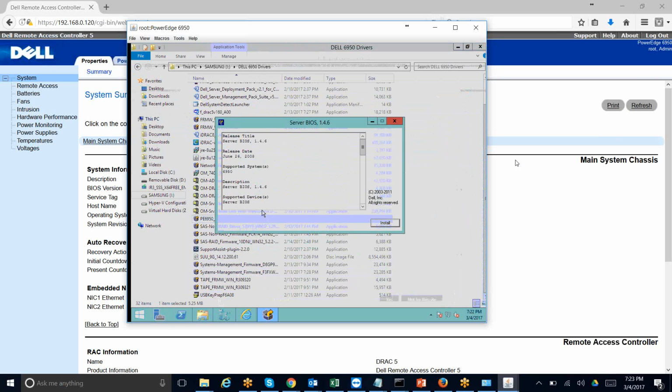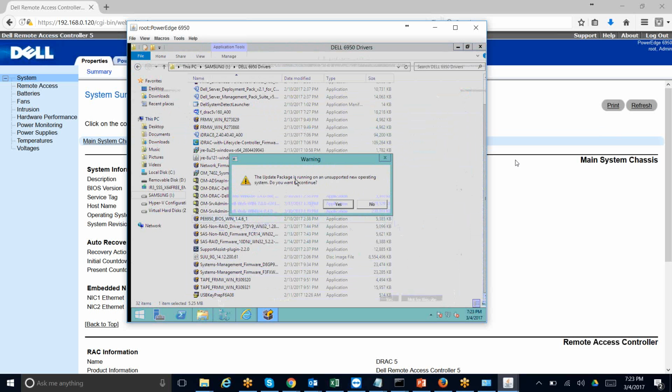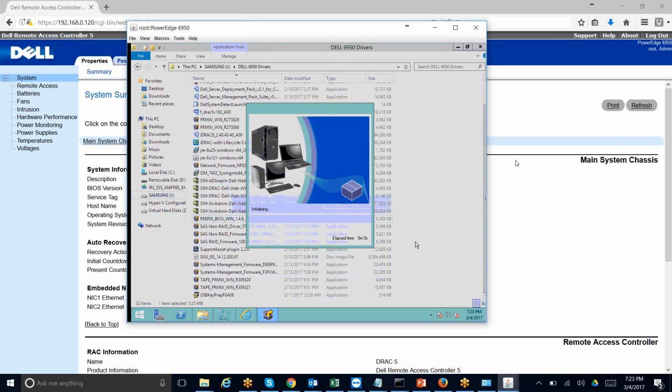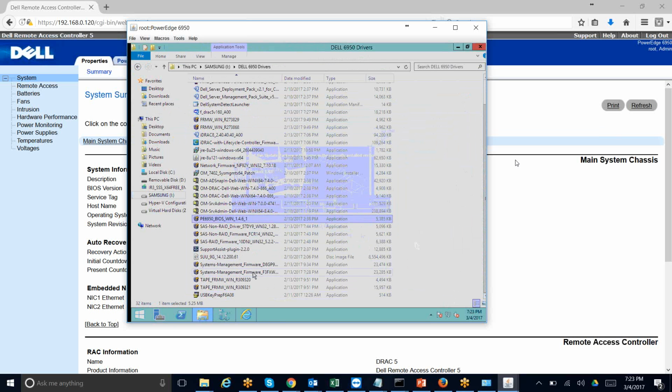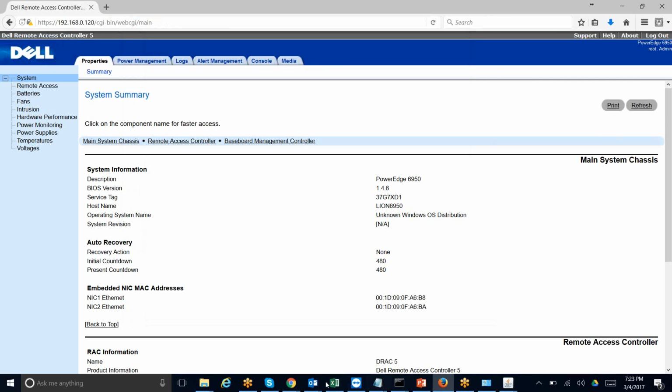Like, I want to install this BIOS, so: the update package is running on the unsupported new operating system. Do you want to continue? Yes. ये ट्राई करेगा डालने का। ये बता रहा है मुझे कि ये पैकेट वर्जन 1.4.6, इंस्टॉल्ड वर्जन 1.4.6 है, तो यू डोंट नीड इट। And from where do I get this? The biggest question is from where I get this. Very easy, I just went to